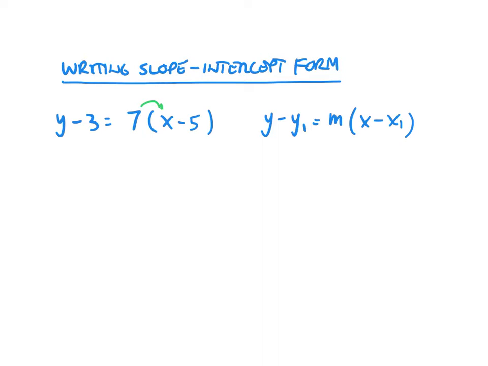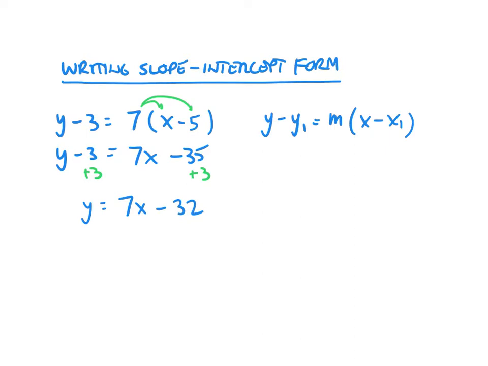So to solve this one, to change the form, let's just distribute the 7x minus 35. And then it looks like the next step we need to do is add 3 to both sides. That was pretty straightforward, a couple steps, but now we've got to pay attention to what we did and do